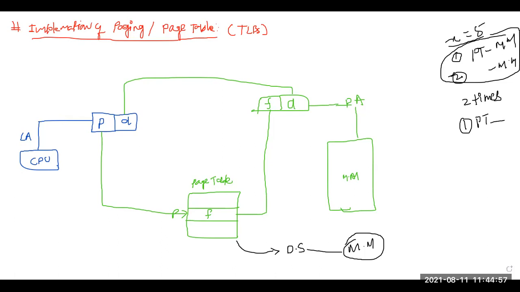From the main memory, first we bring the page table address. Then after getting the page table address, suppose the variable x is stored here. Now again I am accessing the variable x, which is stored in main memory. So again I am accessing the main memory. So what is the problem here? To access the variable x, I have to access the main memory 2 times.